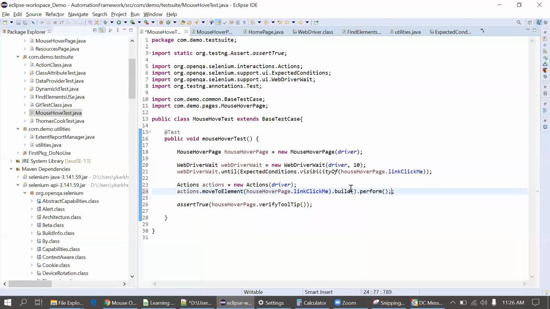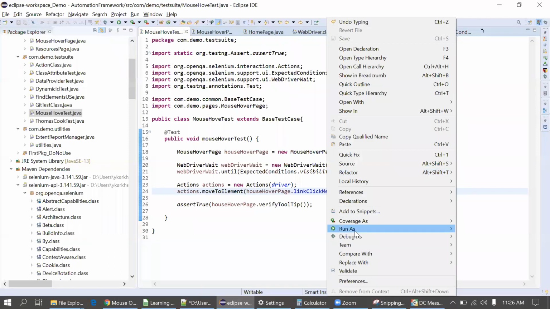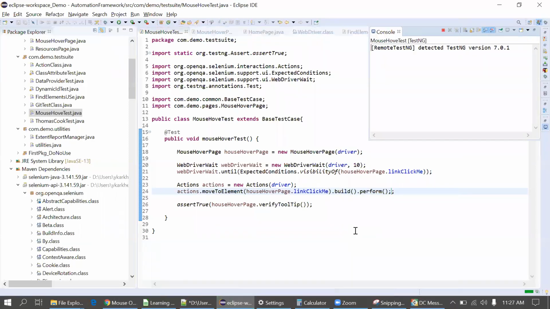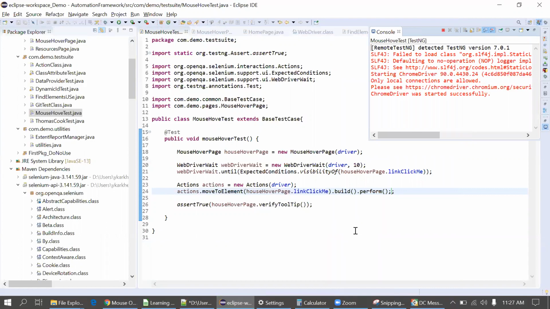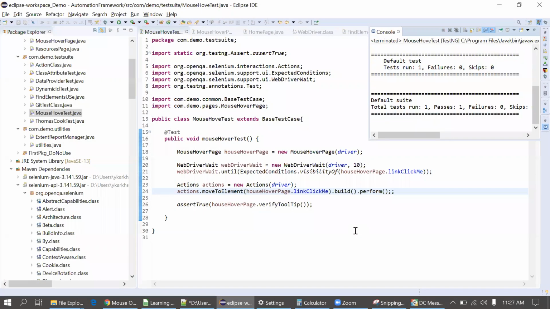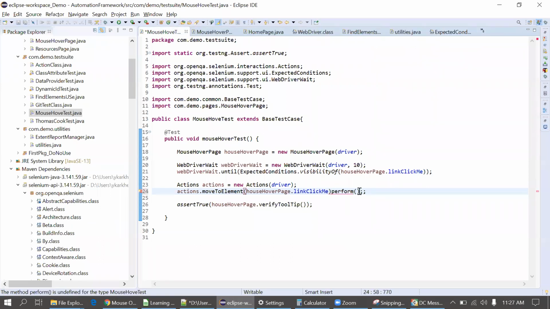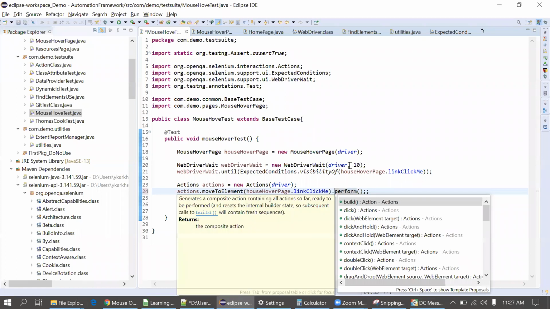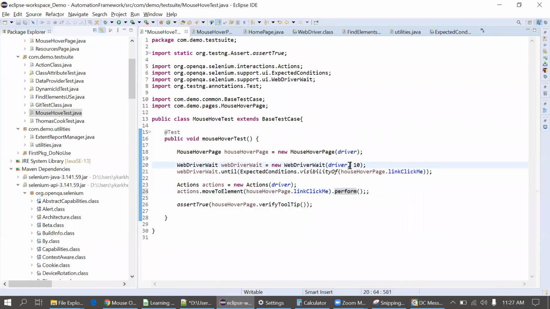You're right. Now let me execute the code. Let's see the output. Double semicolon, then again it will give a problem. No, we can put multiple, that's fine. Yes, perfect. But actually, I just missed this perform part. Don't forget about this, build is not needed but just perform is mandatory there. Build is used when there is a series of actions to be performed. Here there is only one thing, moveToElement. So perform will work. If you put two things over here, that time we need build.